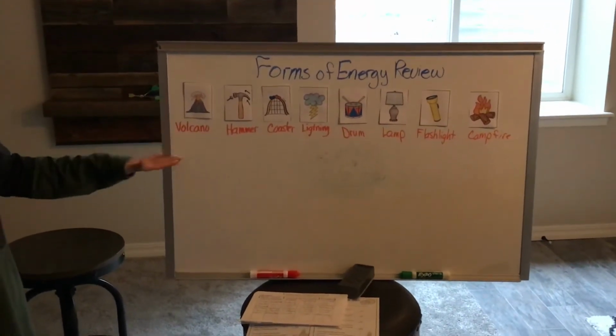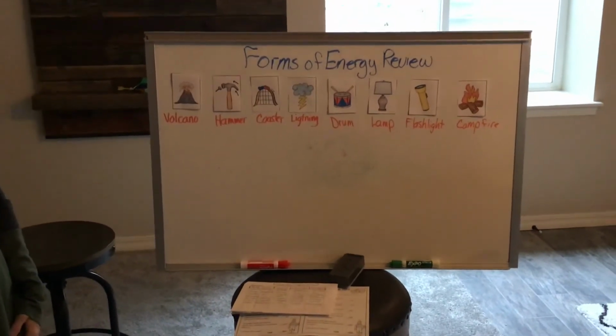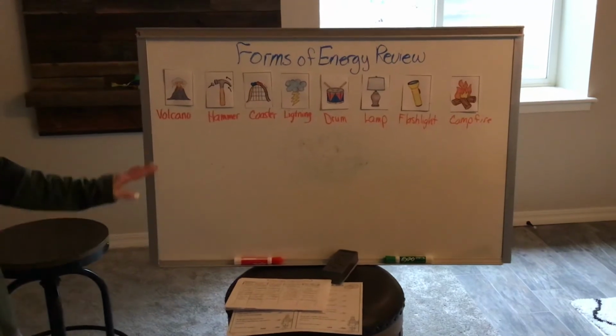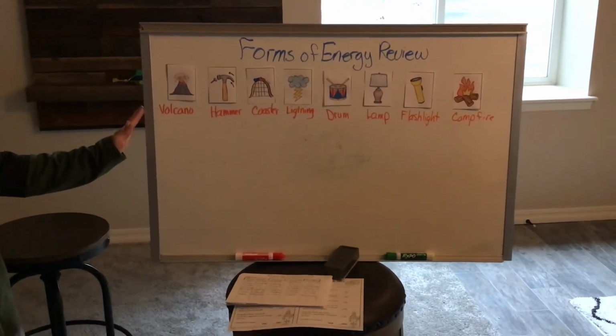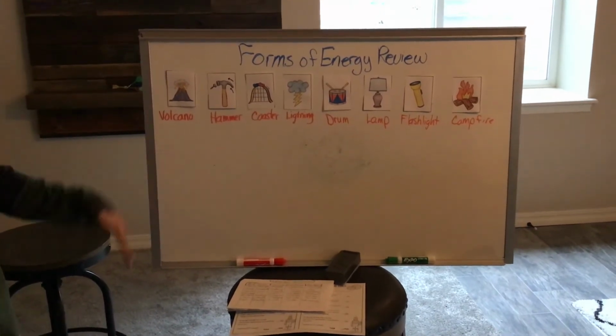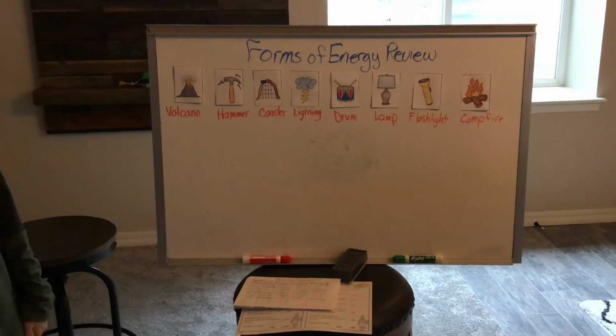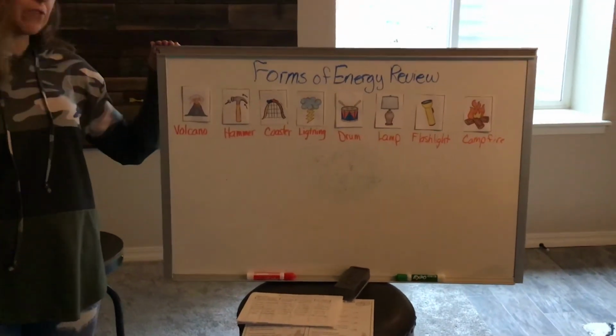So on the next page in your notebook, get these 8 things written down. And then when you are ready, you can click on the picture. We'll take a picture of the answer key. So you write what you think first, and then we'll take a picture of the answer key. I hope you're enjoying learning about the different forms of